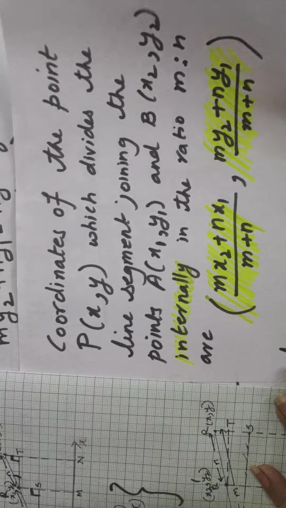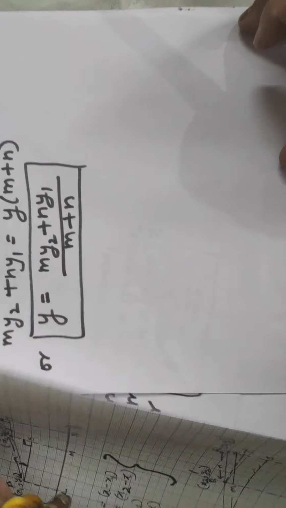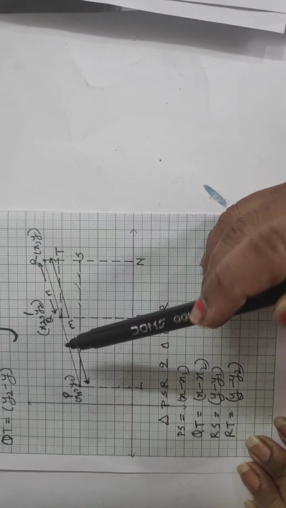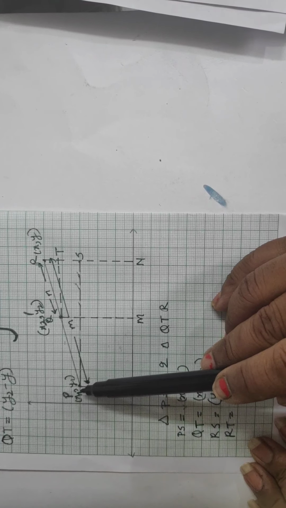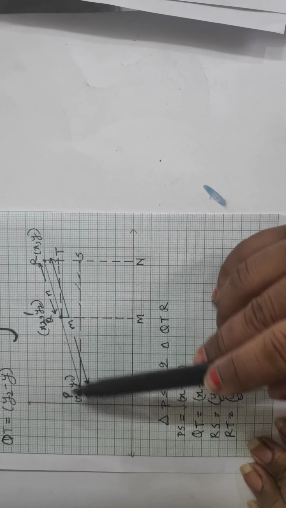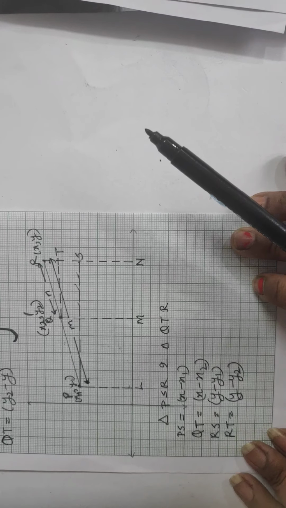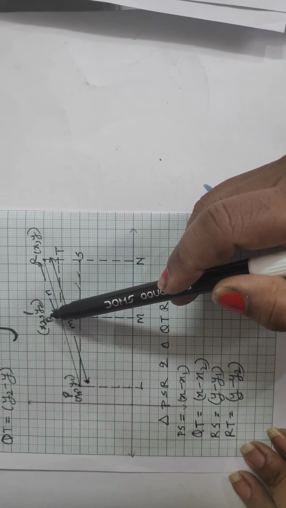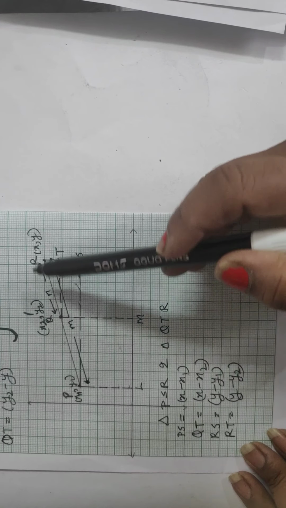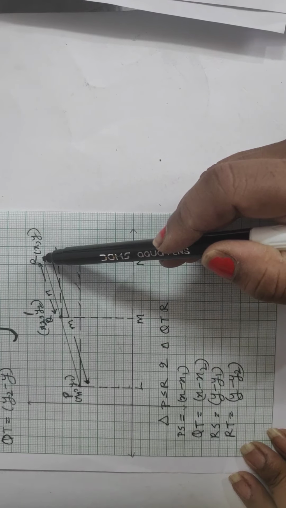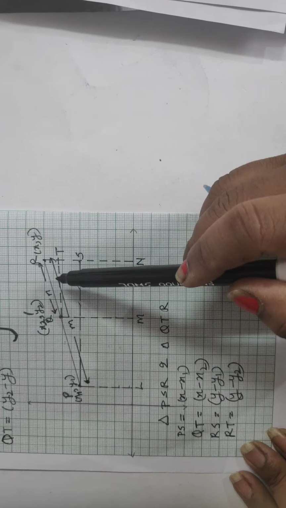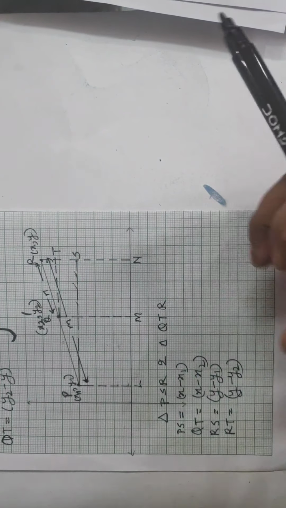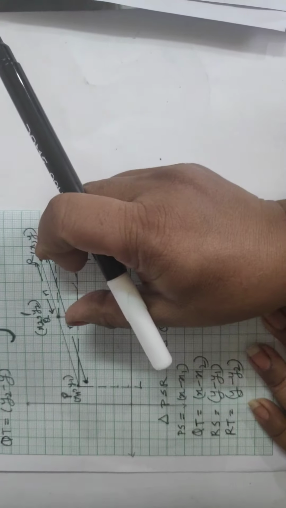So let's find out for the externally. Now here again we have 2 points P and Q. Again the coordinates of P are x1 and y1. Of course these are variables, the values could vary. And Q has the coordinates x2 and y2. Here the point R, that is x, y, it is not dividing, but the ratio is given to us for PR upon QR.